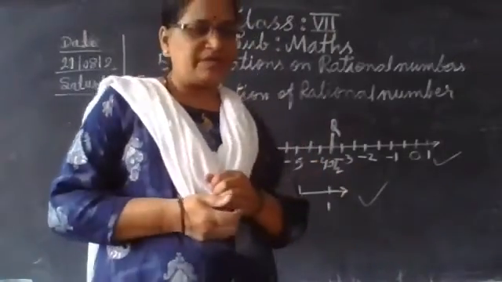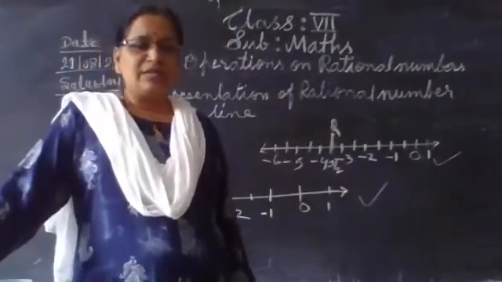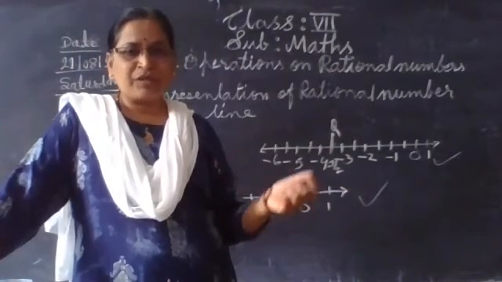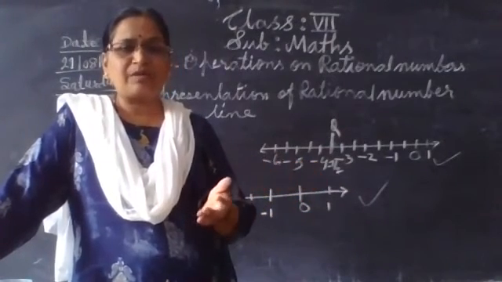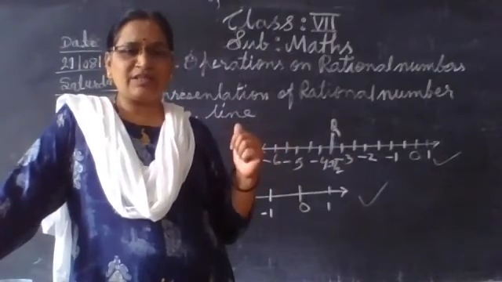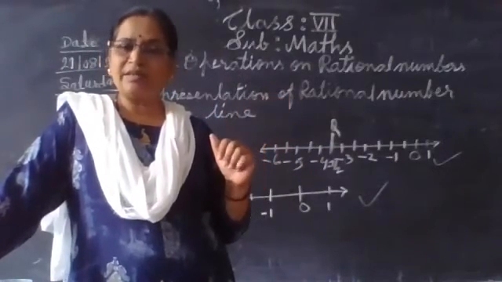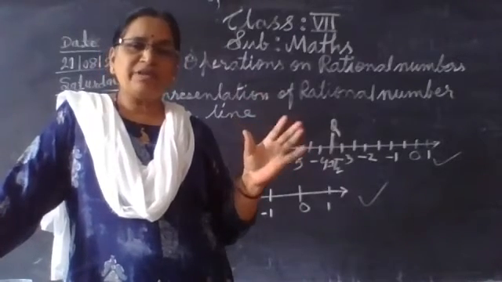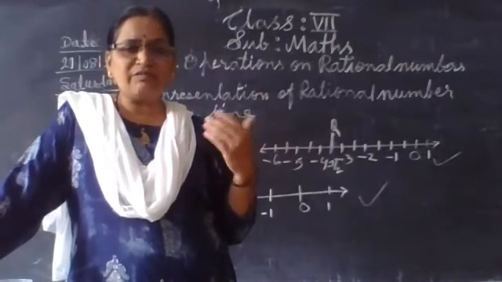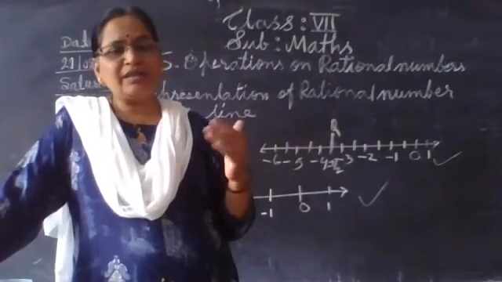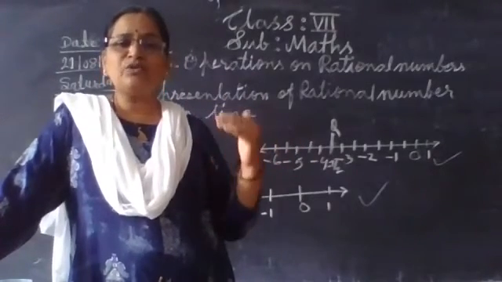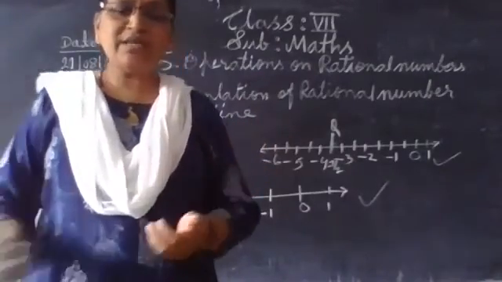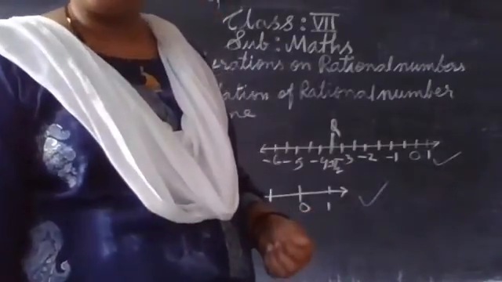Now let's see comparison of the rational numbers. Yes, you already know, we have done it in fractions, how to compare the fractions. If denominators are same, if they are like fractions, just compare their numerators. Greater the numerator, greater the fraction. Or if denominators are unlike, first we will convert them into like and then compare. Or one more thing, to compare them you can cross multiply. Okay, so let's see comparison of rational numbers.